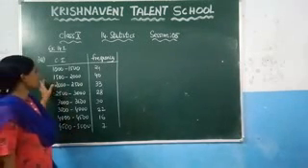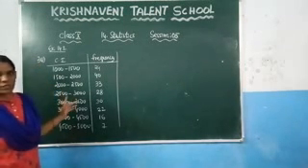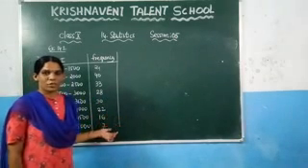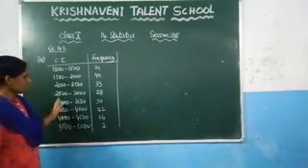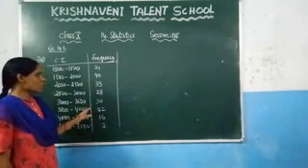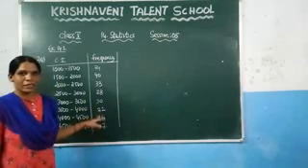In the last session we discussed exercise 14.2 first question. In the second question you can do that one as the homework. Now see the third question. This is the data they have given. Based on this data you need to find both the mean and the mode.